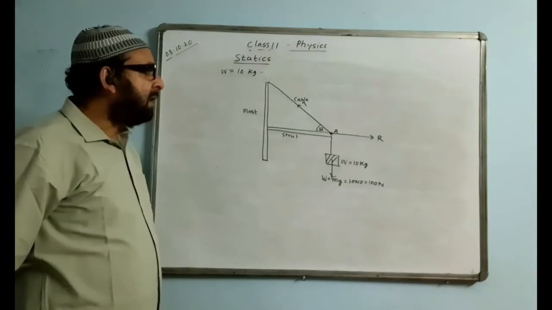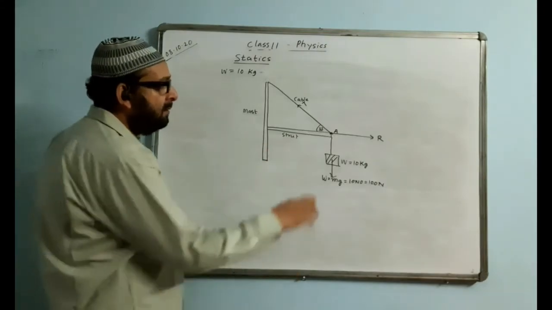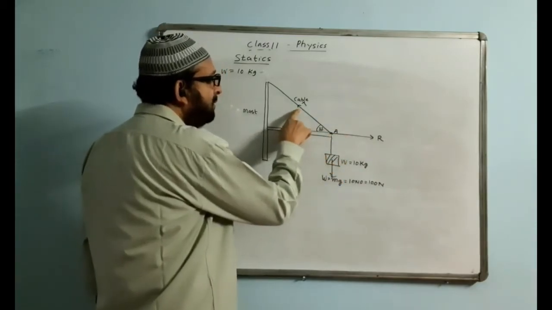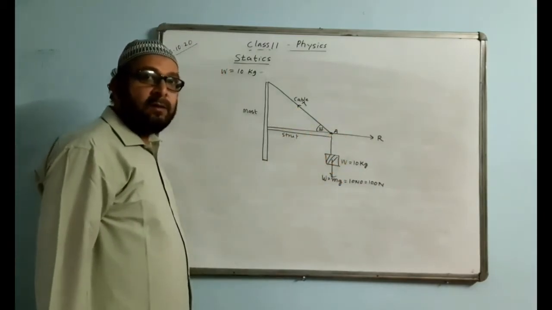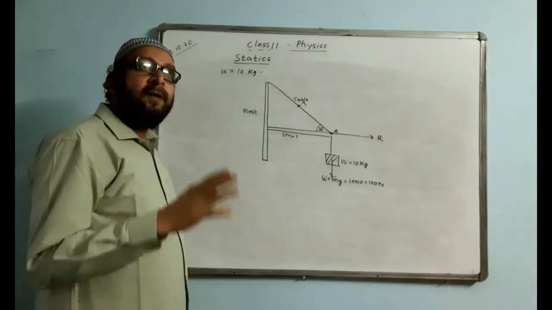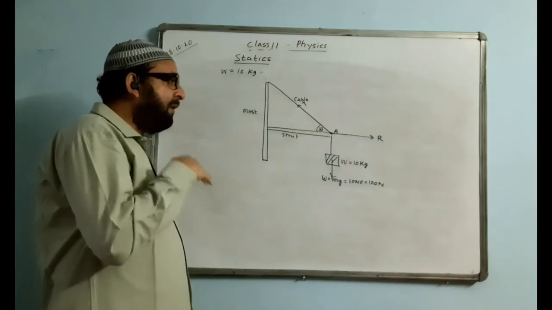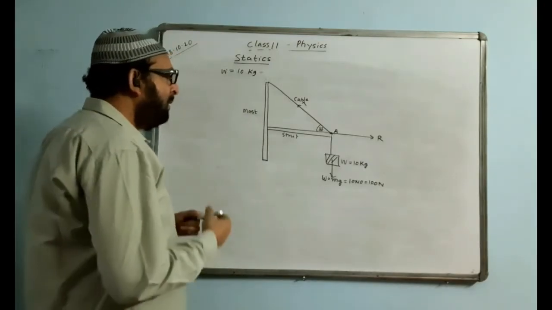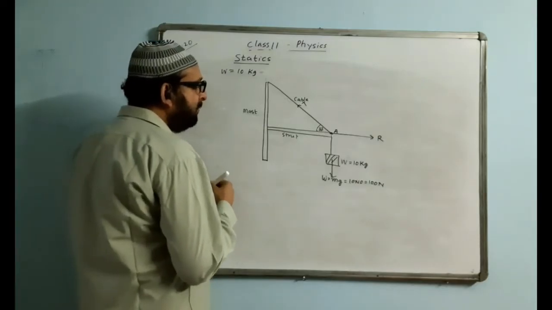There are two methods. Here in this diagram, we see this one is horizontal, this one is vertical. Only one is neither horizontal nor vertical. It is making an angle of 30 degrees. So we can prefer the other method, the component breaking method, which we can follow.